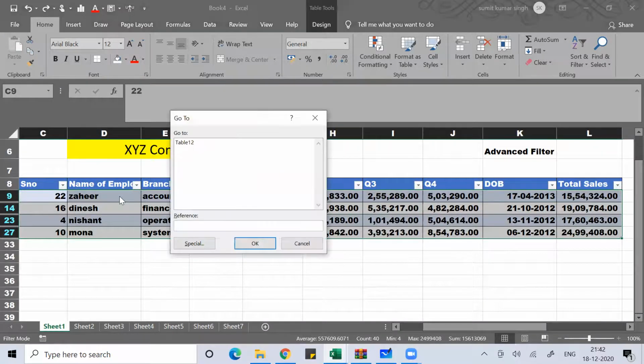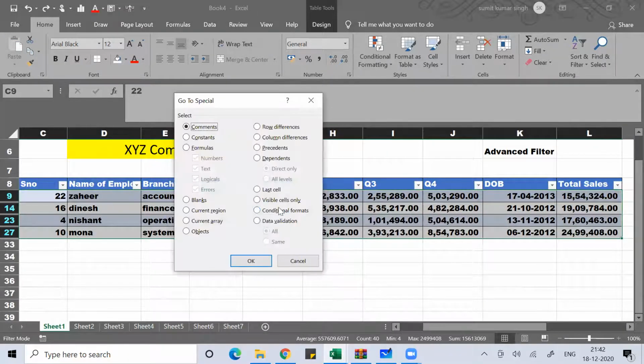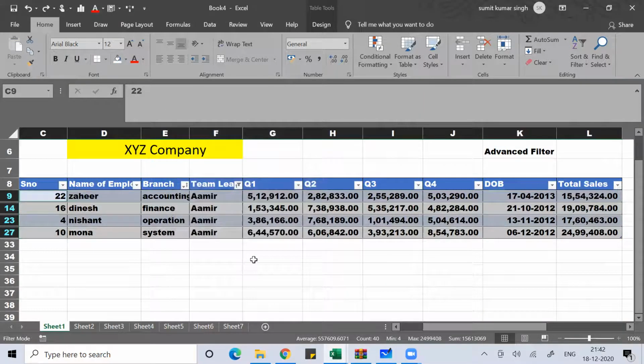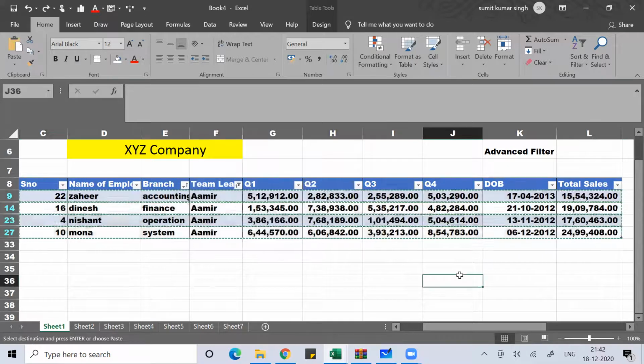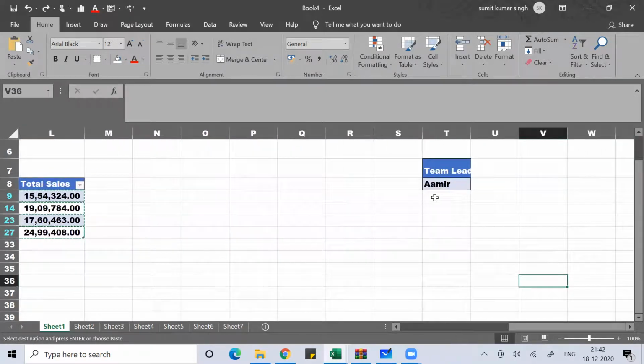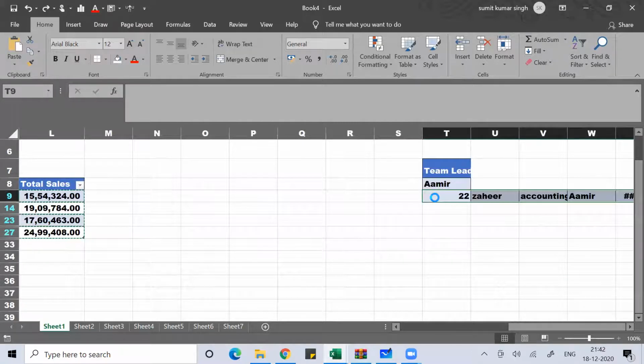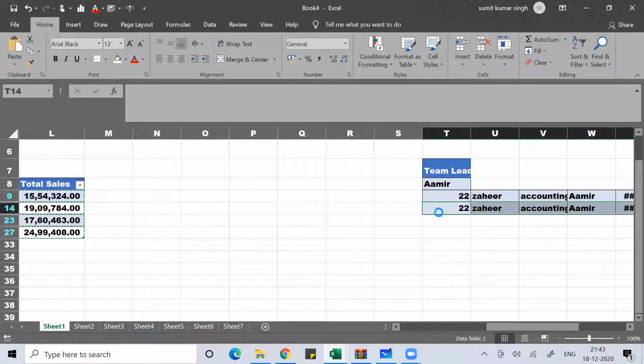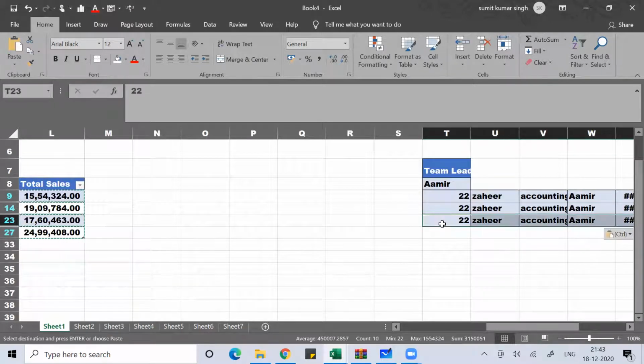Function F5, go to Special, visible cells only, Control C. Now you can come here and do Control V. You can see this pasting is getting a problem.